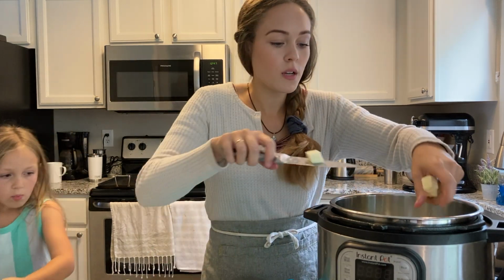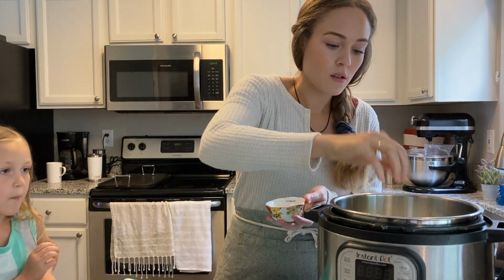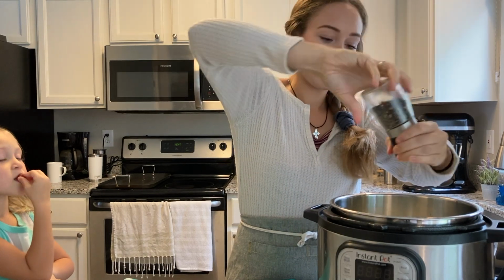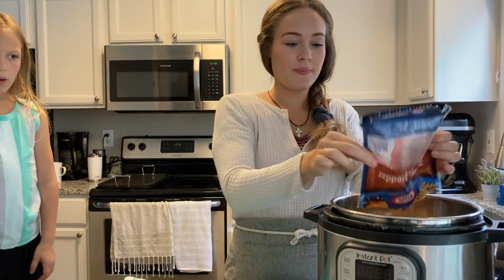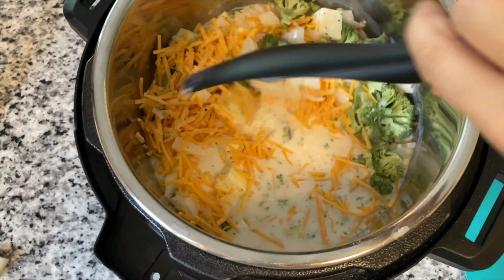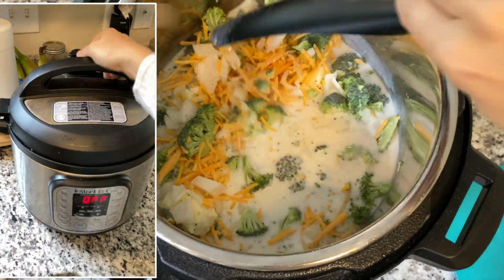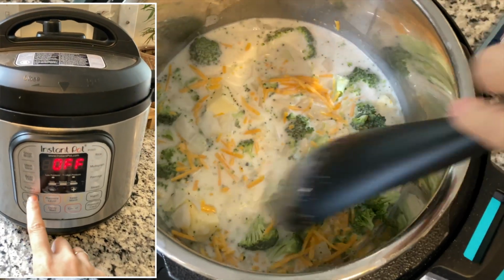So anyway, we're gonna throw in butter, salt, pepper, and I will have all these recipes linked down below so you can just click them. And then you also add in a full package of shredded cheese. And you could hand shred that, but I actually cheated and just used shredded cheese in a package, and it worked out fine. So then once that's slow cooked for about 5, 6, 7, 8 hours, however long you want to slow cook it,